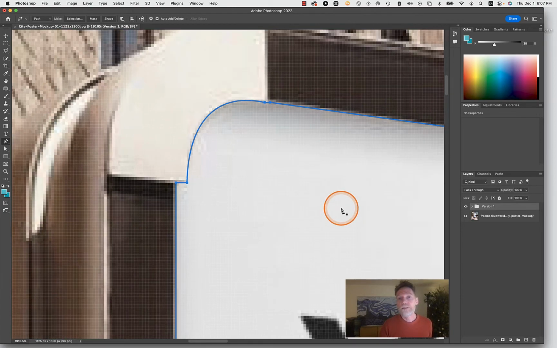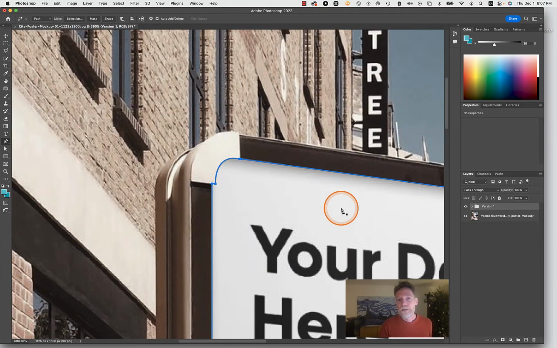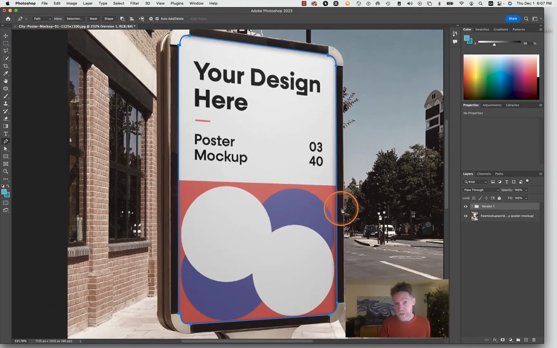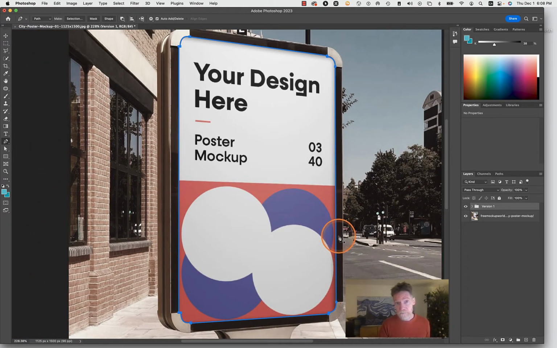But what happens in Photoshop is that there's two types of smart objects, and one is a vector smart object, and one's a native Photoshop smart object. And they both work a little bit differently. The Photoshop one gives you a little more flexibility. So I'm going to actually start